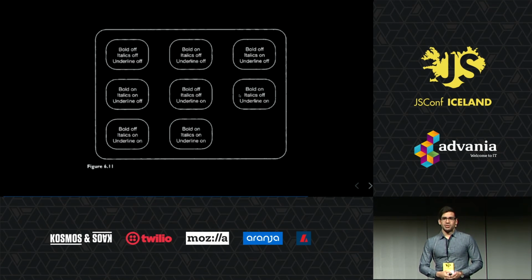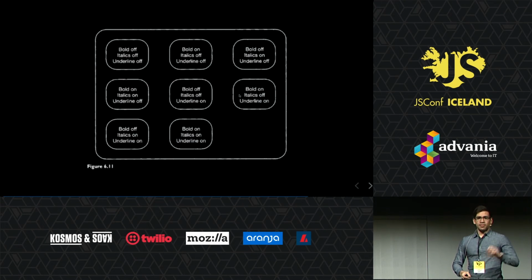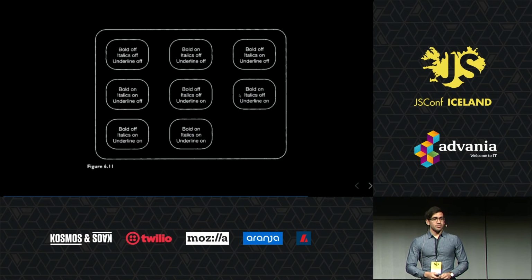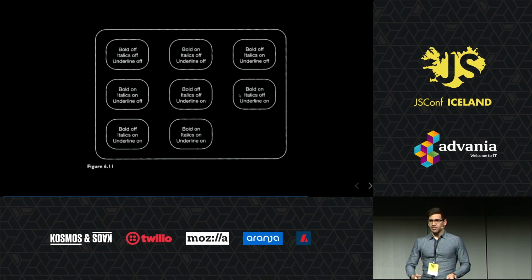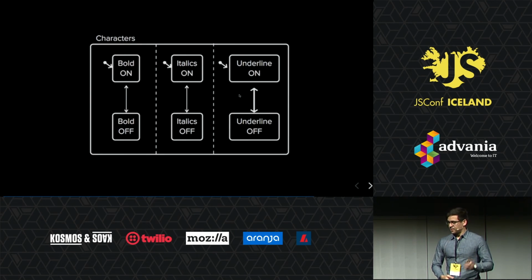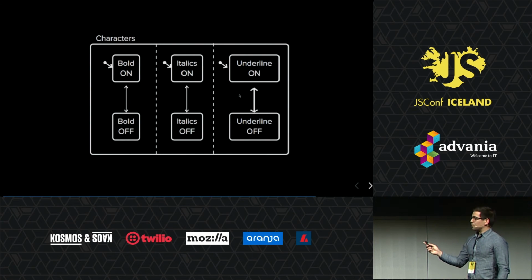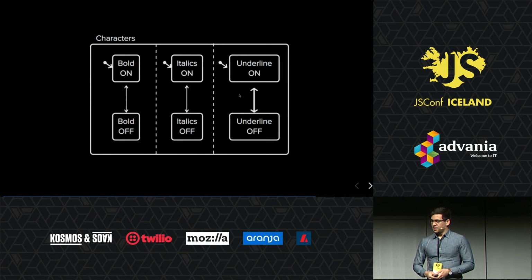One example of where you would use orthogonal states is this typical example of, let's say you have bold, italic, and underline. A user could click one of them, or two of them, or three of them, toggle all of them, toggle none of them, and it's represented by all of these 8 states. And you could imagine if we add more options such as align left, align center, justify, then it's going to explode into even more states. So with orthogonal state charts, we just have this very succinct representation of each of these possible states so that we know